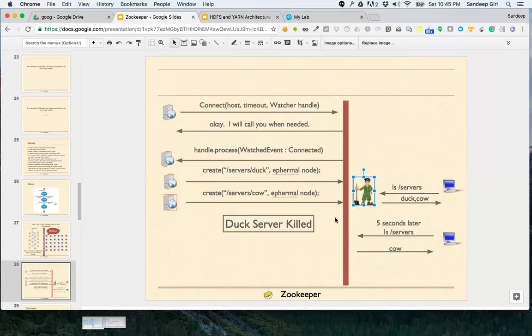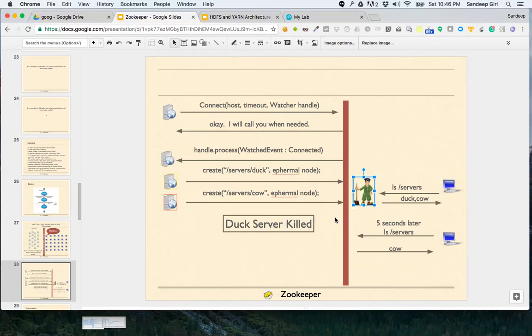If yes, then the newly registering name node will become the backup, or you can say the standby. If there is no other name node, then the current name node will become the main name node, and that's it. That logic is built into the name node's logic.